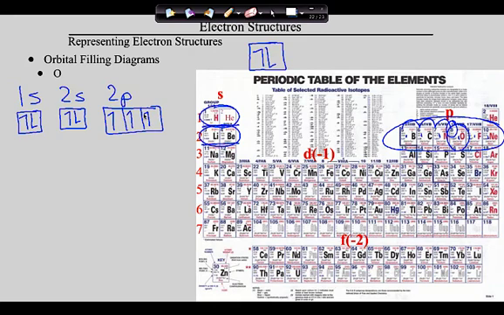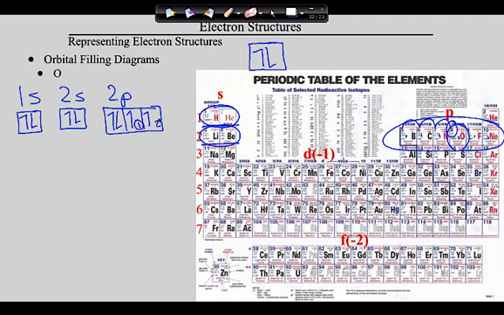Once we've placed electron 7, all of the orbitals in the 2p are now half full. So placing electron 8, it has no choice but to pair up. We draw it as spinning down in that first orbital in the 2p, and this gives us the orbital filling diagram for oxygen. Now, in order to check ourselves to make sure that we're right, you'll notice that in oxygen